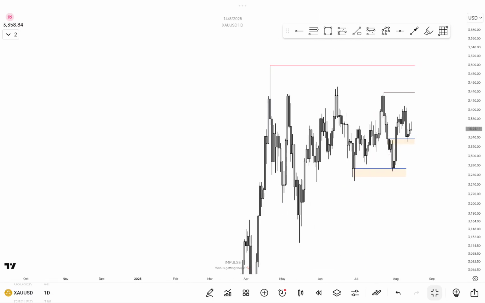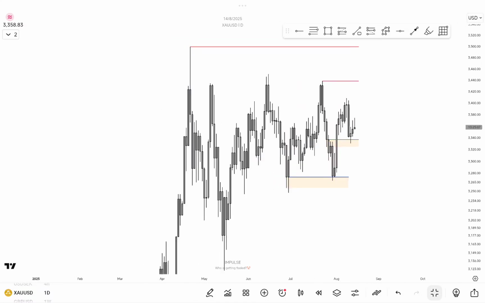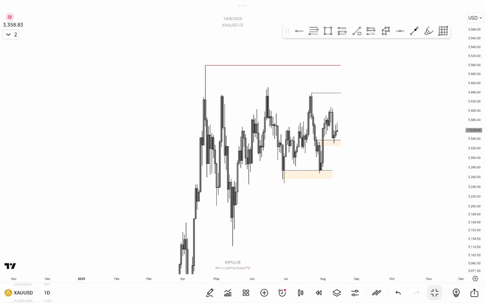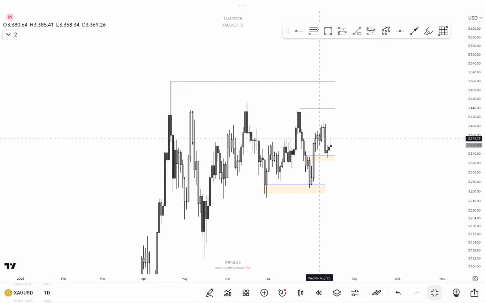So this is gold. This is gold. Basically, we are assessing gold. We have been keeping this kind of bullish order flow, but the thing with this now is that gold has